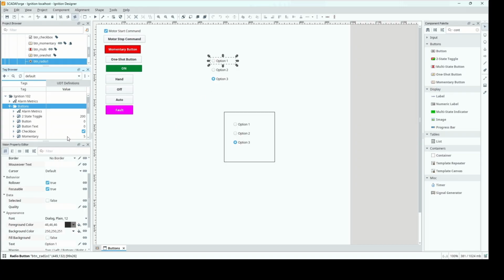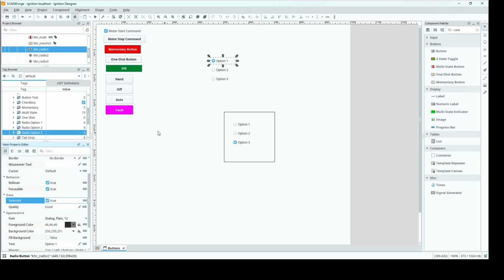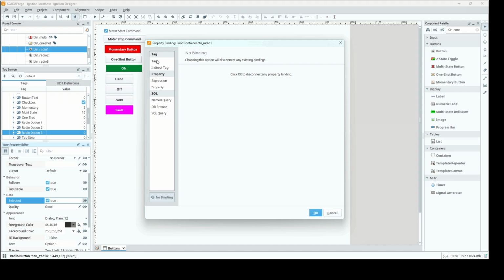If we want to do something like have a tag, say it's written to a 1, 2, or 3 based on this, we can get into some scripting. We'll talk about that in future videos. So now that we have our tag set up, we will bind our radio buttons to those values. So we have button radio 1 selected. We'll go into our selected property,